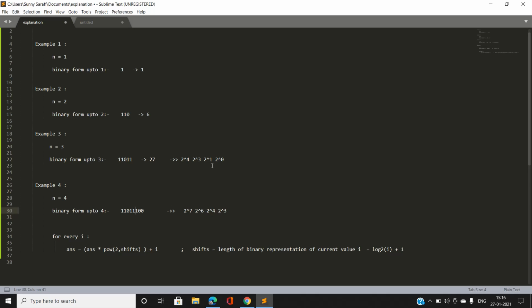Okay, and when we observe these bits corresponding to the values of 4, when 4 is appended to the binary string, the values are going to change, like 2 power 4 is going to change to 2 power 7. The last position of 1, as you can see, when 100 is appended to the binary string, you can observe that 2 power 4 is shifted to 2 power 7, 2 power 3 to 2 power 6, 2 power 1 to 2 power 4, and 2 power 0 to 2 power 3.